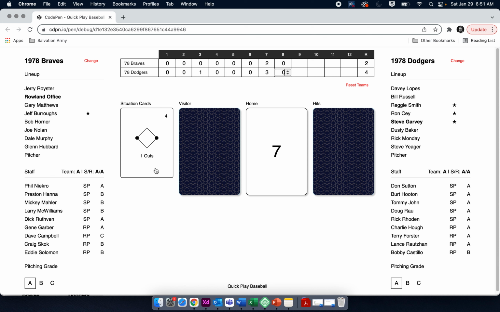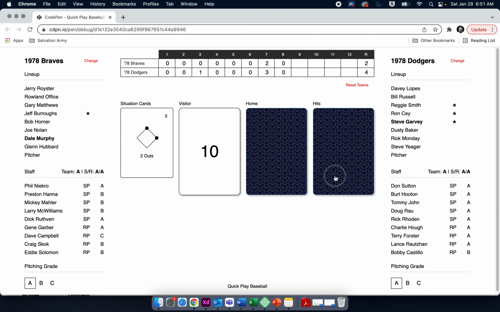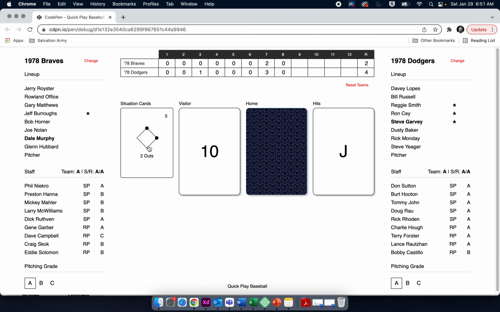And last opportunity here for the Braves as they get 2 on with 2 out in the top of the 9th inning. Dale Murphy to the plate. Murphy with a hit. And Murphy with a single is going to score 1. But that is not enough as the Dodgers hold on, and they gain a split in this last series of the 78 season replay that we're doing,